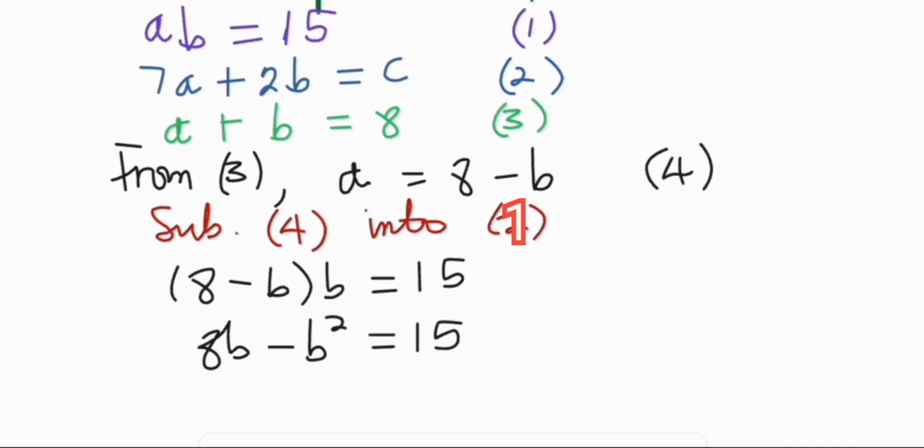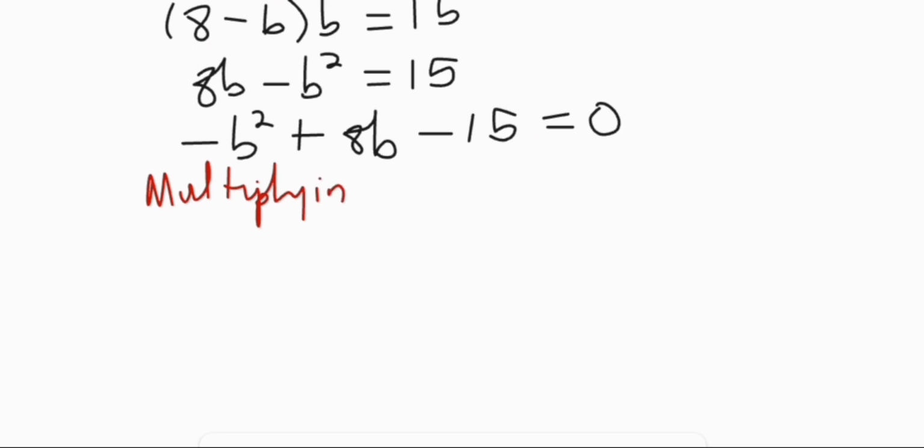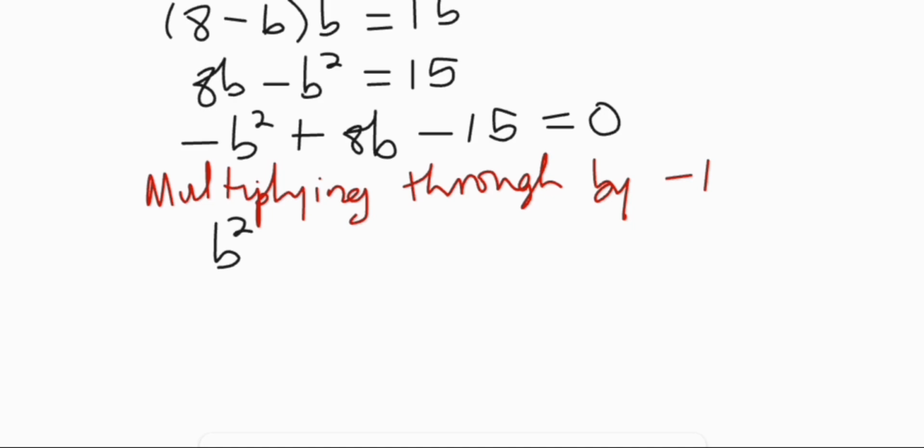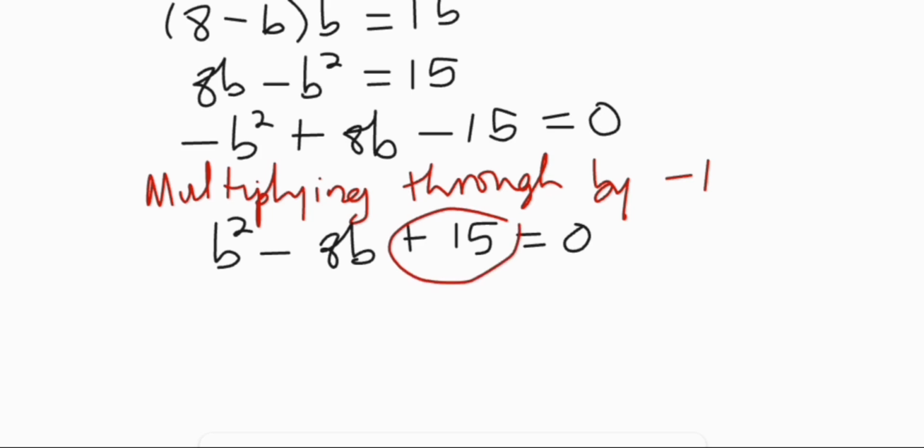Then we rearrange to have negative b squared plus 8b minus 15 equals 0. Multiplying through by negative 1, we have b squared minus 8b plus 15 equals 0,